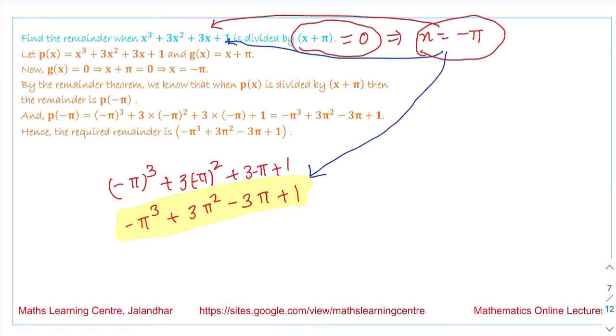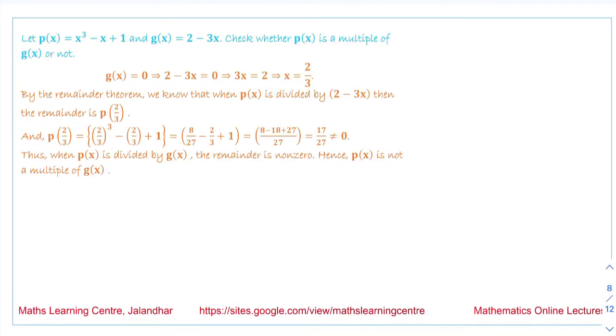The polynomials p(x) and g(x) are given to us and we have to check whether p(x) is a multiple of g(x) or not. What this question means is, suppose I ask you that the numbers 9 and 3 are given, and you have to check whether 9 is a multiple of 3 or not. We are dividing 9 by 3 and if we find the remainder is 0,